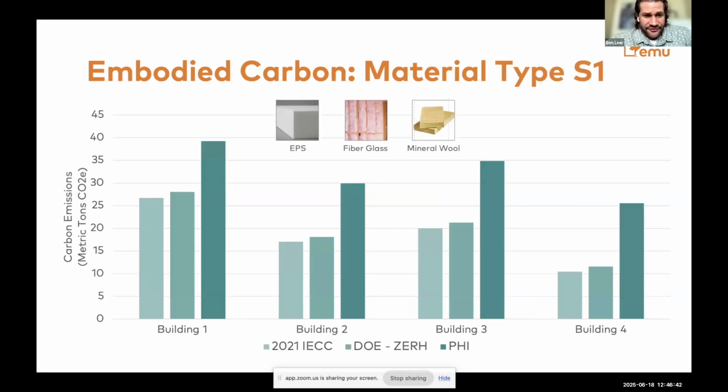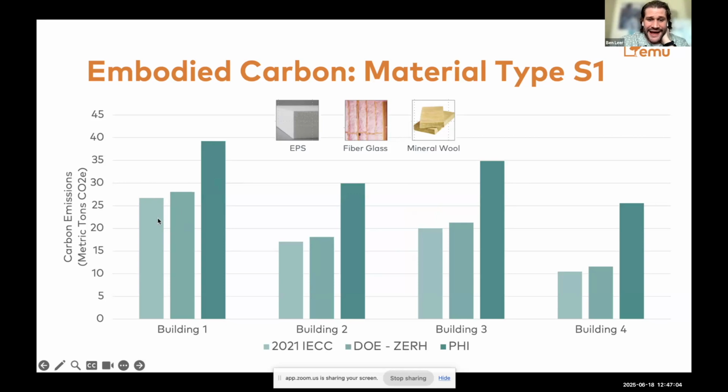So what we're starting with is we're looking at each building, and we're going to look at the embodied carbon associated with materials in type 1, scenario 1. So this is the EPS, fiberglass, and mineral wool. This is total carbon emissions. So the larger building obviously has the largest